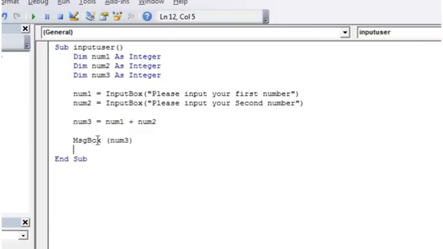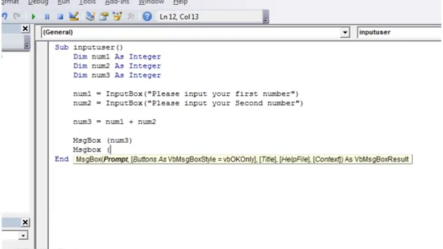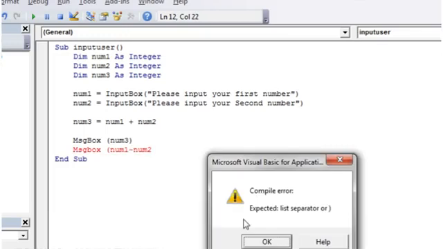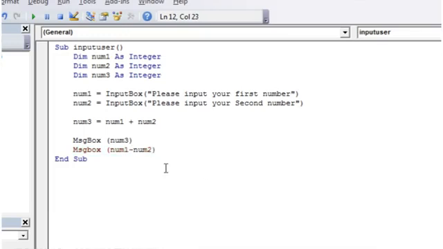And we can do quite a few other operations as well. So let's do another message box. And this time I'm going to take one number away from the other. So rather than having an interim number here, I'm just going to go straight into doing my calculation. So num1 minus num2, close off. And then what this is going to do is, because I've got this operator here, it's going to work out this bit first, and then it's going to give me the value of the first one minus the second one. So let's get rid of that,